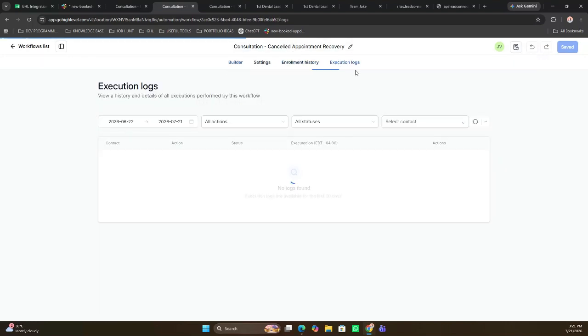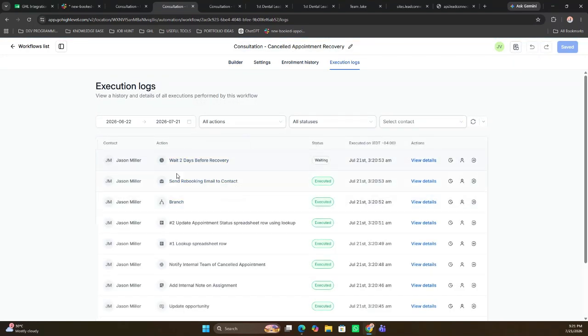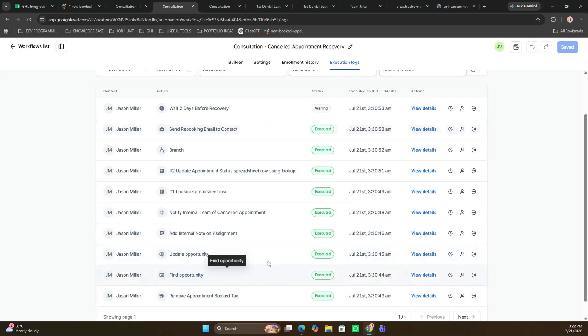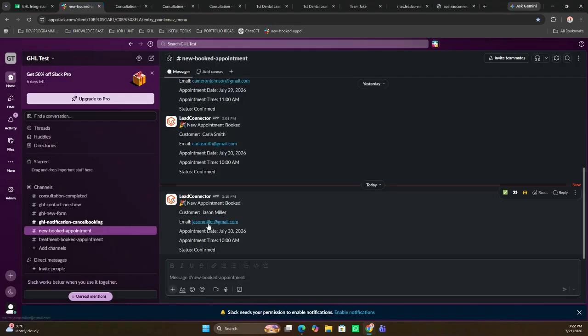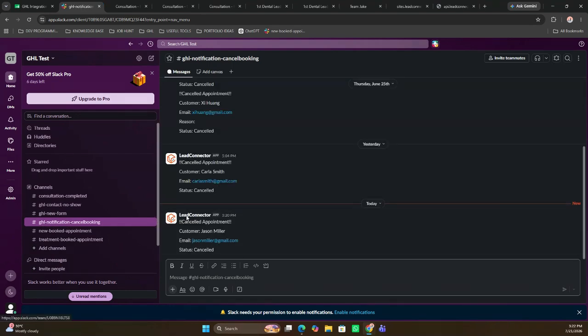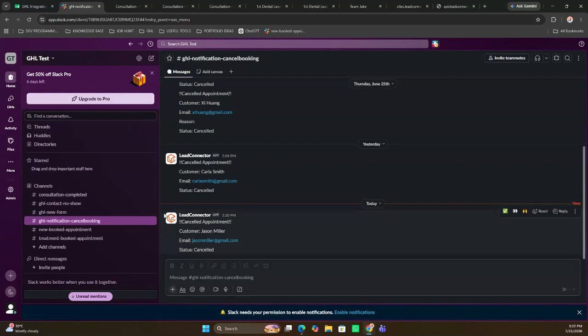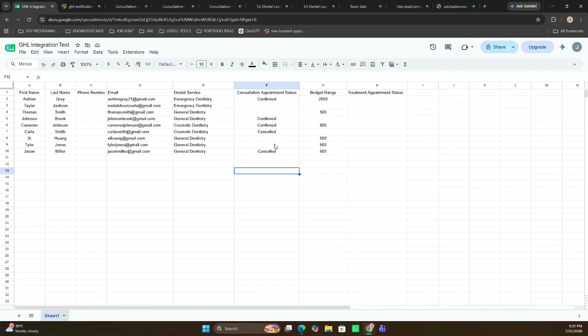And as you can see, Jason Miller is added, and it is now waiting 2 days before sending the recovery email. And here in Slack, there's also a channel for canceled bookings, where it will notify the team that the appointment has been canceled, and it will also update the status in the spreadsheet under Jason Miller's name.